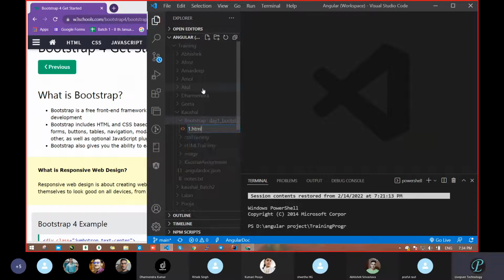So what will be the extension of the file? One dot HTML, or one dot CSS, or one dot Bootstrap? What should it be? Hello? The file name, we have to write like one dot HTML. Sir, HTML extension. Yeah, HTML extension.